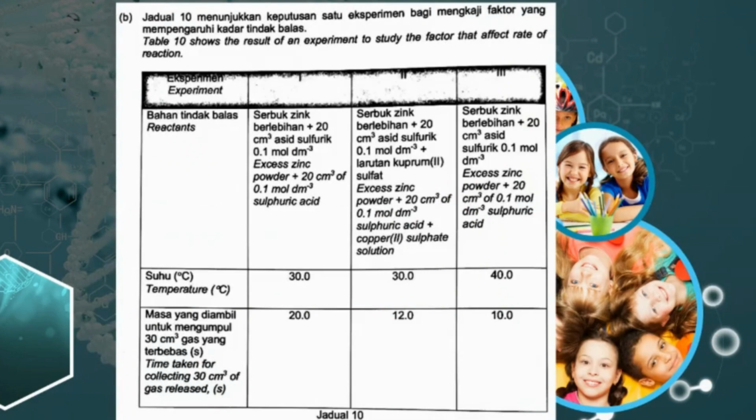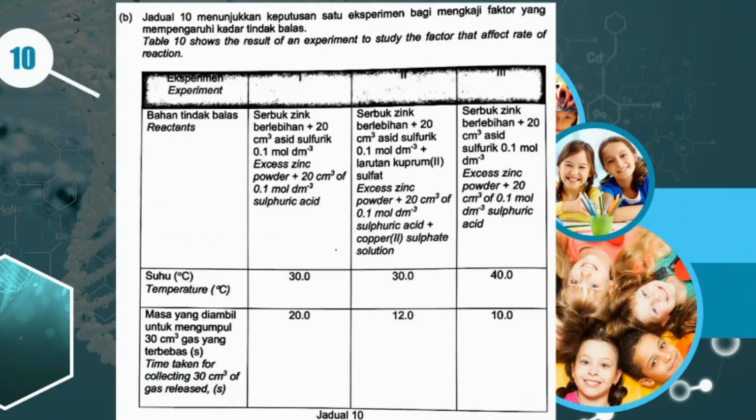Okay, next. You can see experiment 1, 2, and 3. You can see the pattern is all the same. Temperature 30, 30, 40, higher temperature. This one 20, 12, 10. So this one is the highest rate, this one second, this one lowest rate. Okay. So later, again, you will see